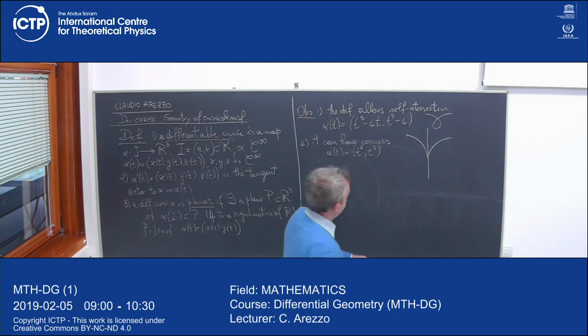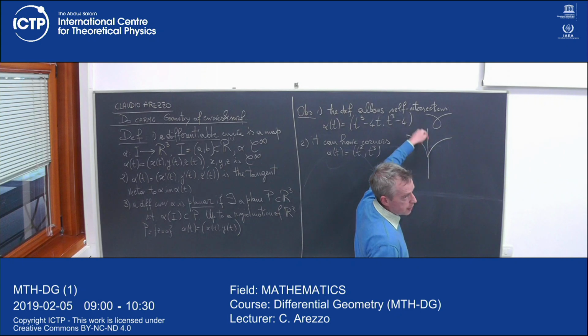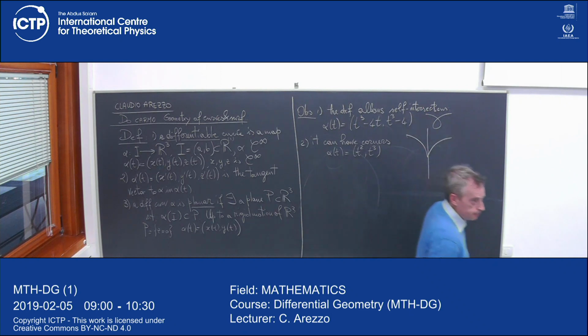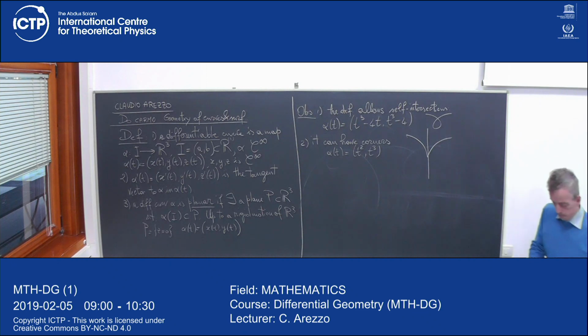Well, it is horrible because if you think of the particle moving, of course it is true that this has a tangent space. But if I'm moving from the left, I will get the tangent vector oriented pushing down. While if I want to move onto the other branch, I have to start immediately. So there is a discontinuity in the tangent vectors. So it's not really the fact that the tangent vector does not exist, but that you cannot move it continuously.